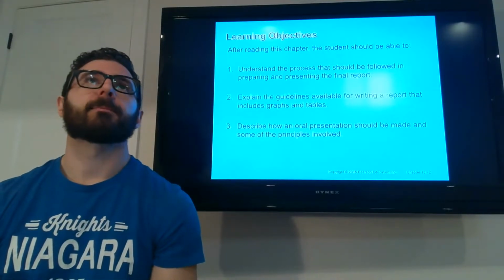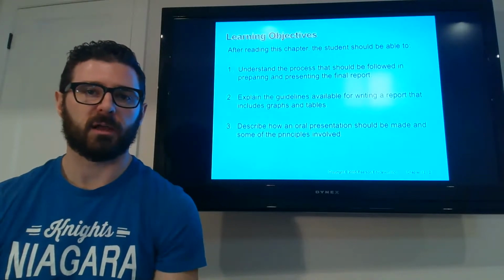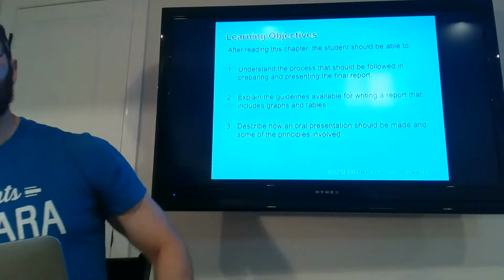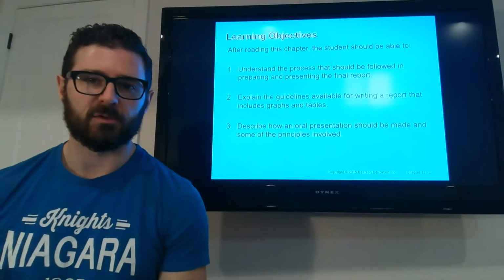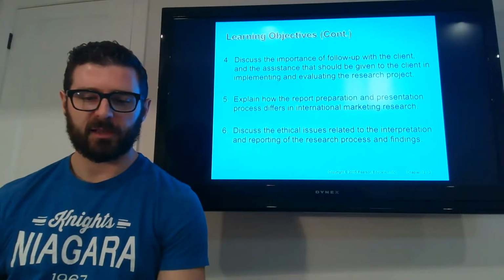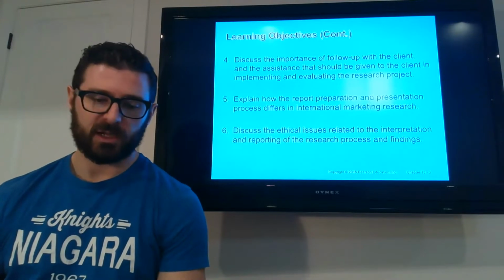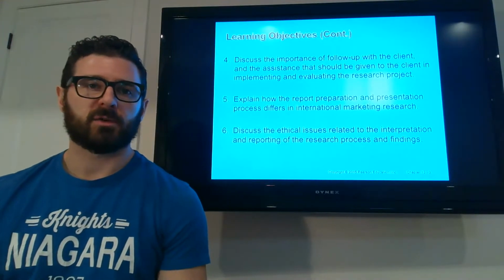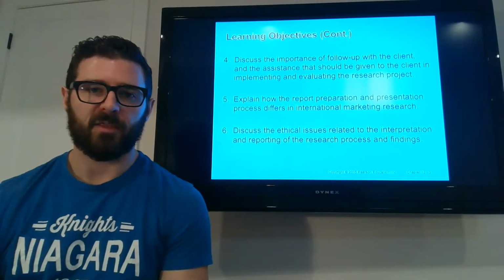So, talking about the report and presenting it to the decision makers, the people who hired you initially to do the job. Number four, discuss the importance of follow-up with the client and the assistance that should be given to the client in implementing and evaluating the project. So ideally, you're not just going to hand off this document and then that's it.